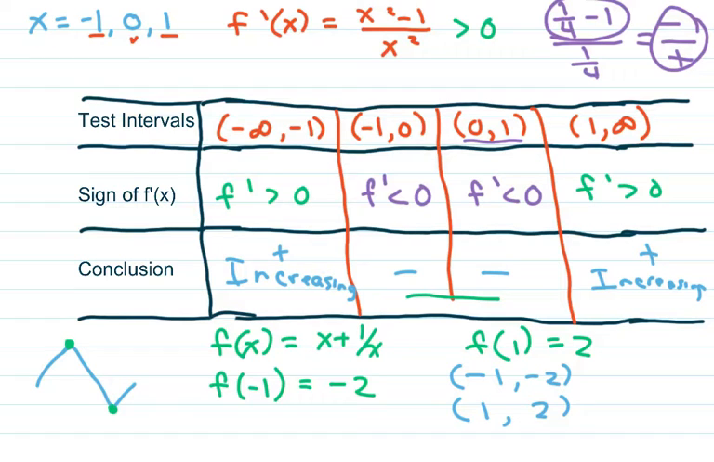Therefore, our maximum is going to be at negative 1, negative 2, because you can see here, this is where it's increasing. It's increasing first, all right? And then our minimum is going to be here, because you can see here, this is where it would start